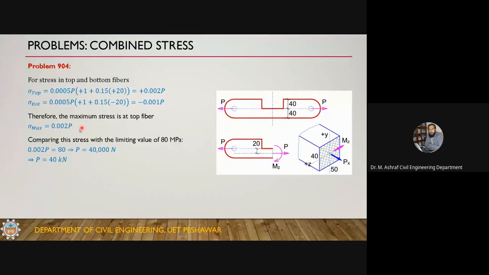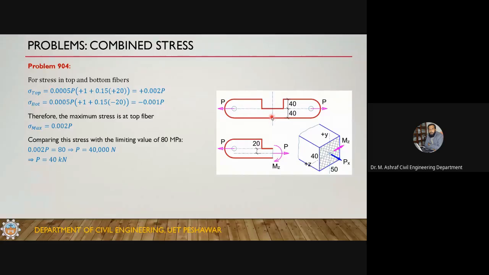Okay, so the unit of this is megapascal because Newton per square millimeter is a megapascal. Now comparing the stresses, 0.002 p is equal to 80, so p is equal to 40,000 Newton, or p is equal to 40 kilonewton. So the force which can be applied on this link without exceeding a stress of 80 megapascal at this location,